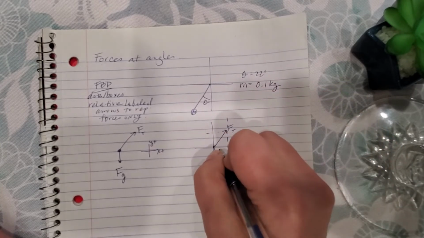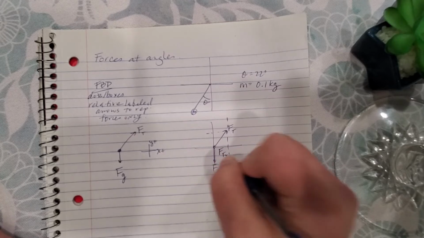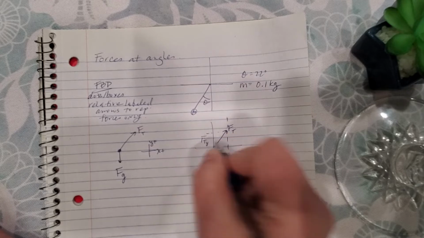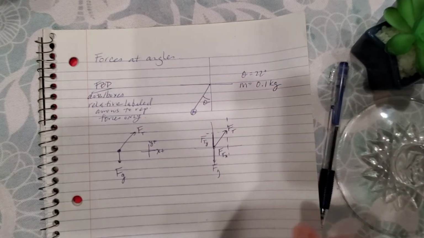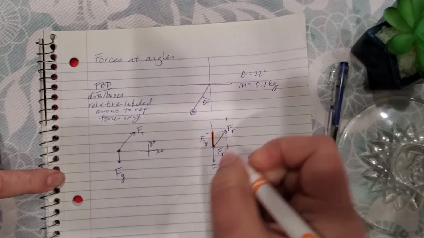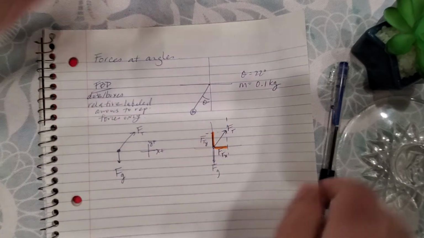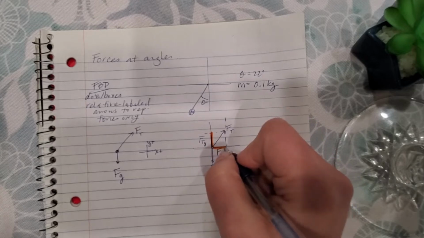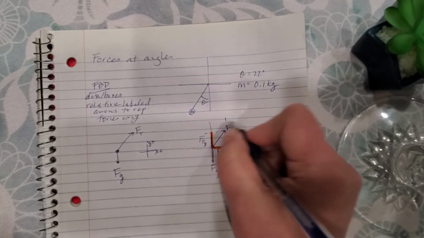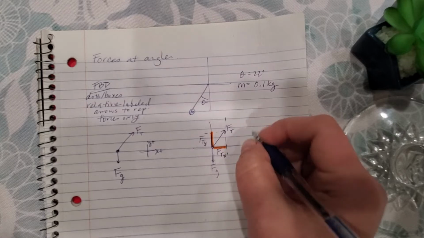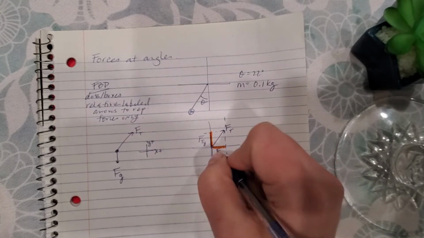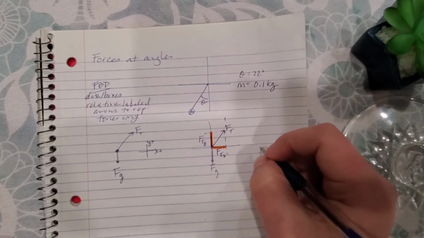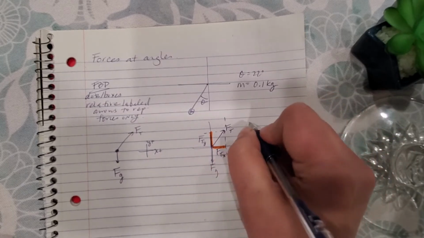So I can claim that this is the horizontal component of the tension, and this is the vertical component of the tension. This makes it easier. We got here and here. And so now I can use the components to represent the resultant tension, and I can resolve the forces in both directions. Okay, so when you have this kind of setup, you've got